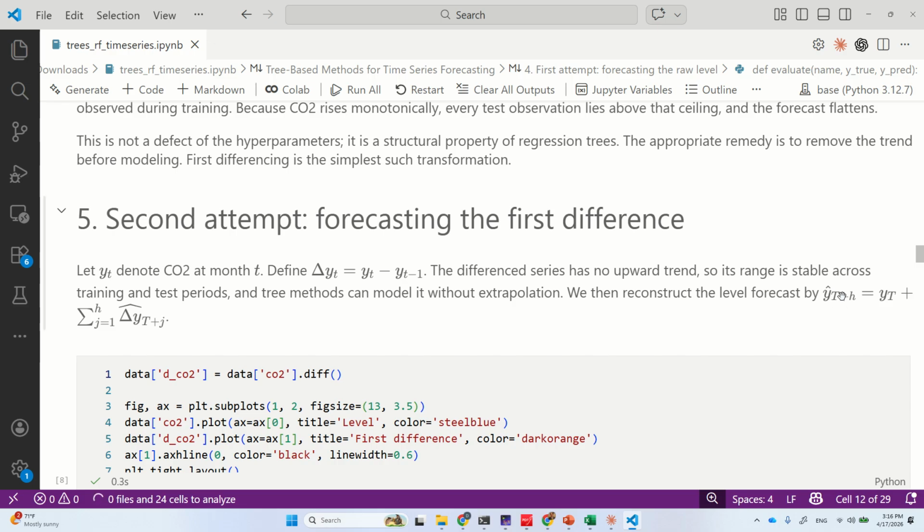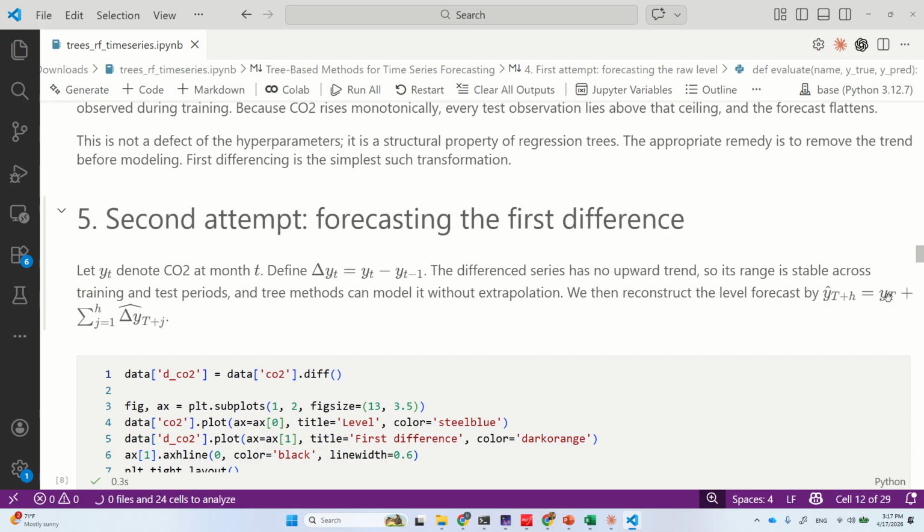Actually, if you want to make a prediction of the next period, the forecast, y hat, if h is equal to 1, it is just the last value of the time series plus the difference. So if it's just the next period, it's the y_t plus the difference that was forecasted. If you want to predict, let's say, 5 periods in advance, like h is equal to 5, the 5 months from now,